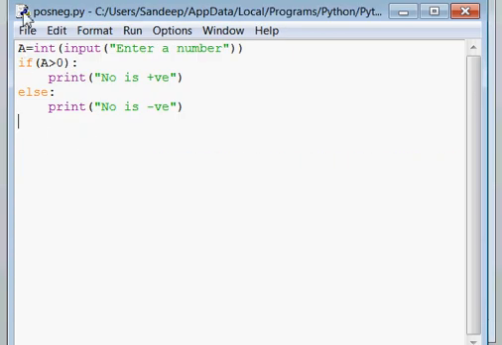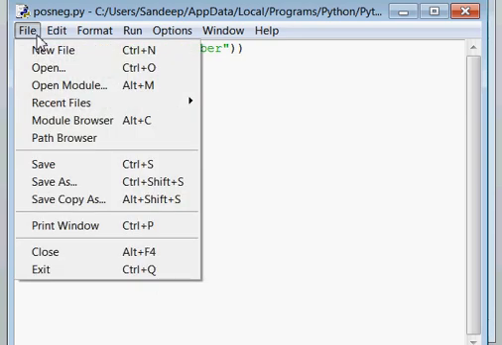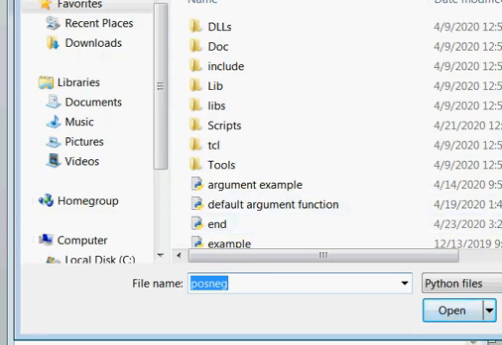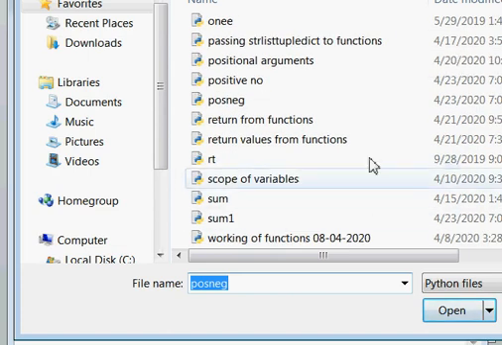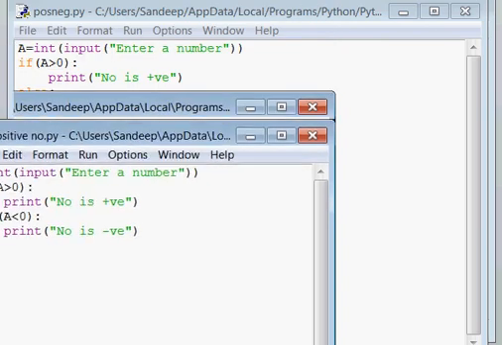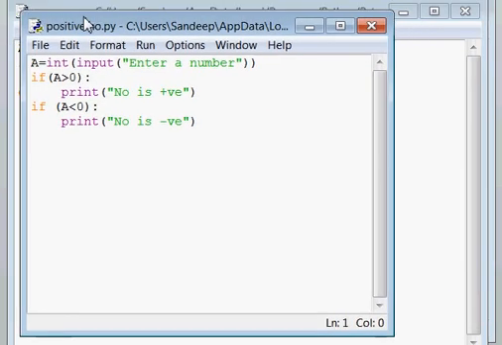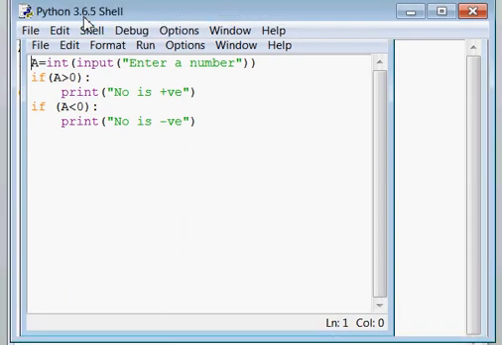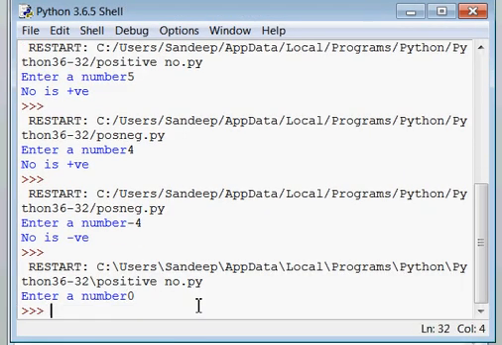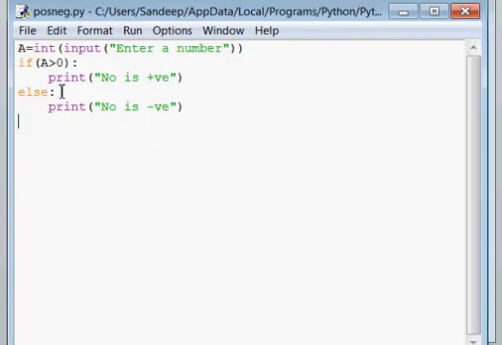So if you see the difference between this program and the previous one, our previous program was this one. You can check, if I give 0 this time, it is not giving any output.